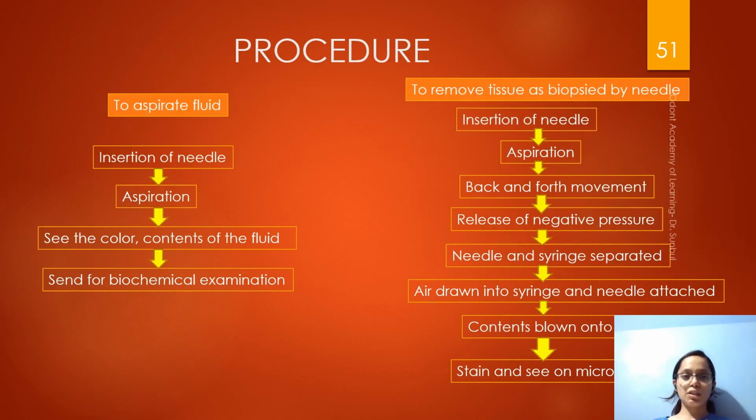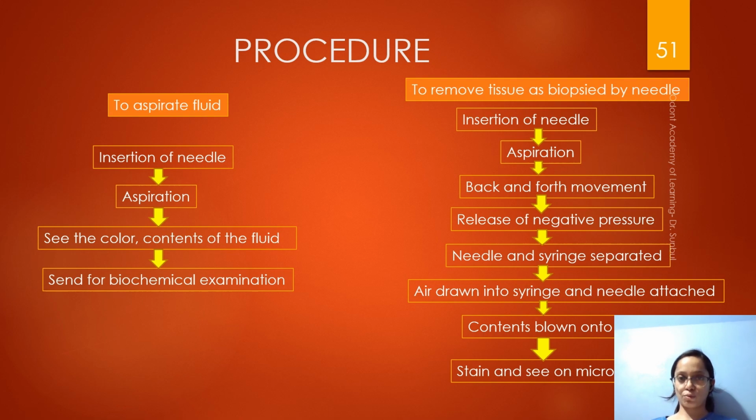Then the procedure is that when we are aspirating fluid, we insert the needle, aspirate, see the color and the contents of the fluid, and then we send it for examination. If we are removing tissue by needle biopsy, we insert the needle, aspirate, do back and forth movement, release the negative pressure, and the needle and the syringe are separated. Then air is drawn into the syringe and the needle is attached. Then the contents will come out and fill up into the syringe, and we can stain it and see it